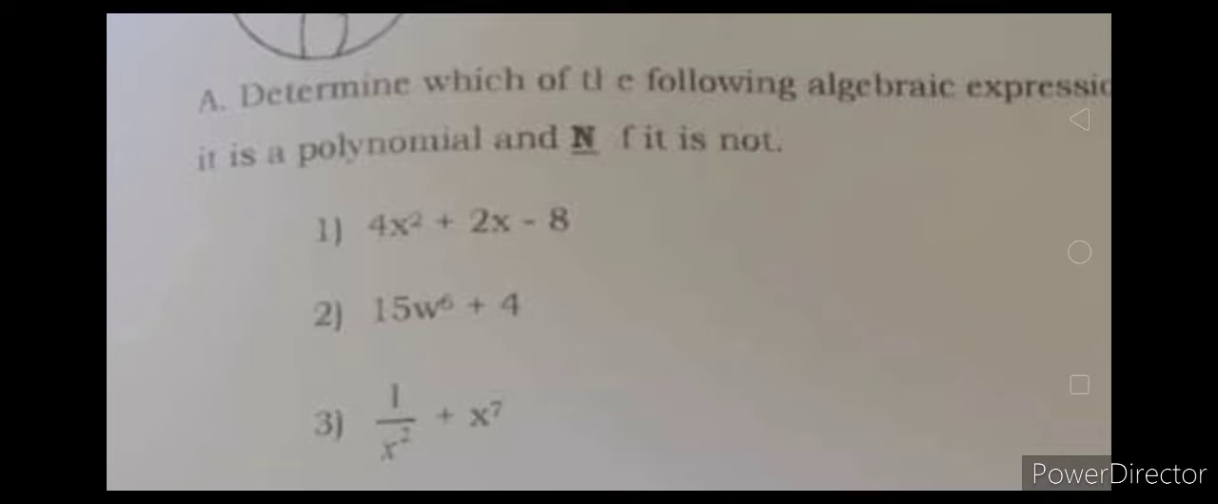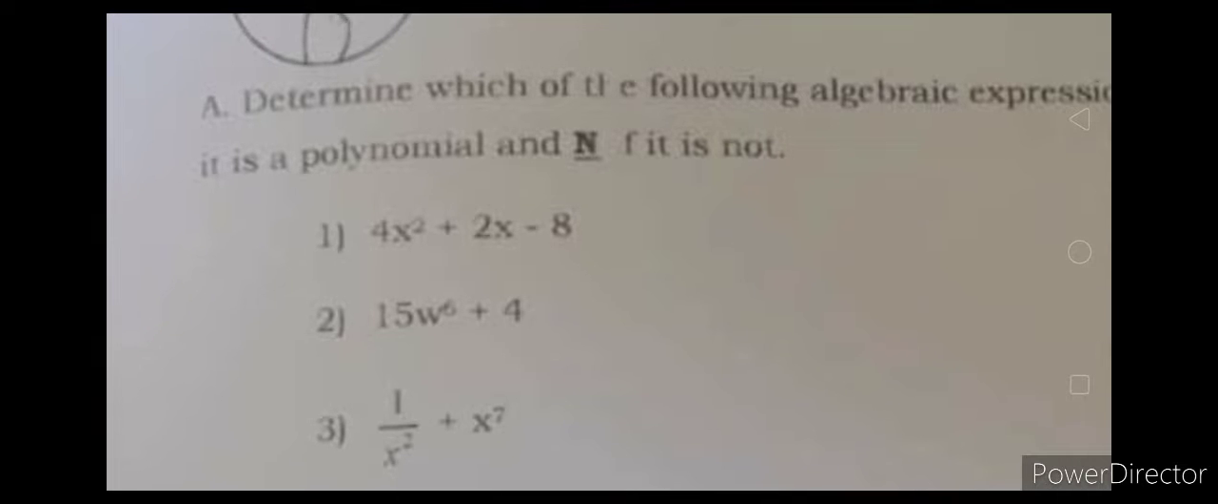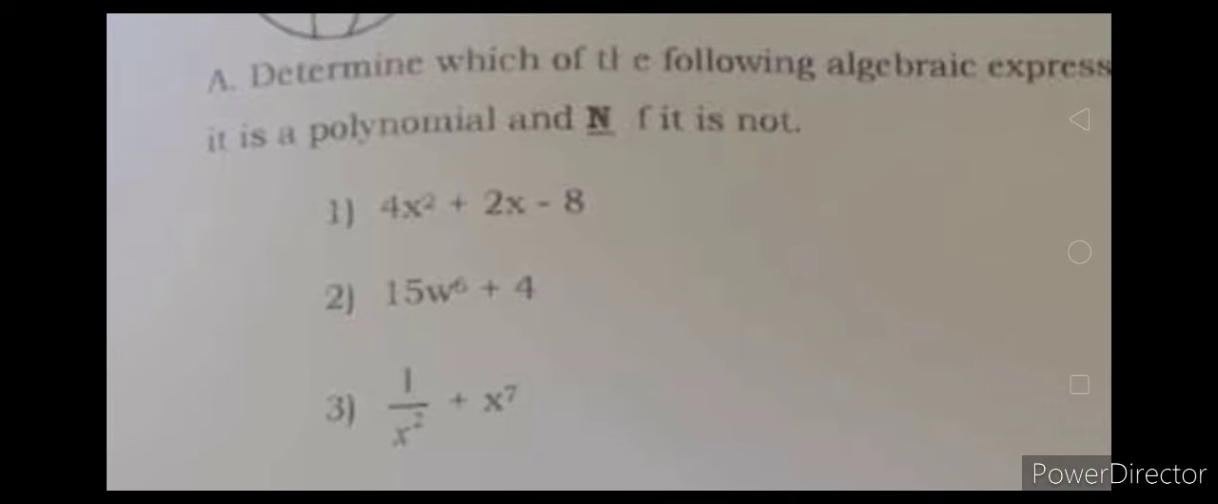Ano ang exponent ng x dire? That is positive 1. And the negative 8, okay, pag constant, automatically, ang exponent niyan is 0. So, meron bang negative exponent dyan? So, pag negative ang exponent, not a polynomial. So, make sure na lahat ng exponent sa polynomial natin or sa algebraic expression natin are positive para magiging polynomial